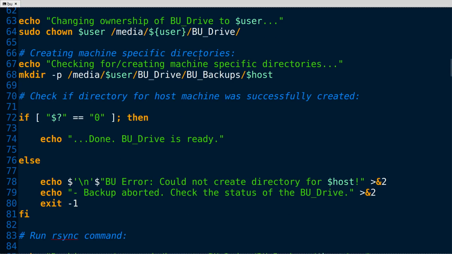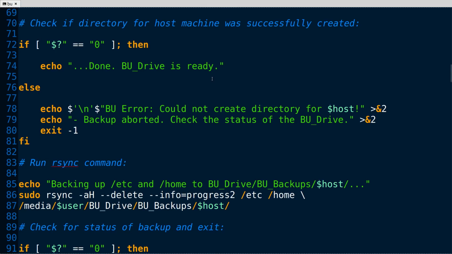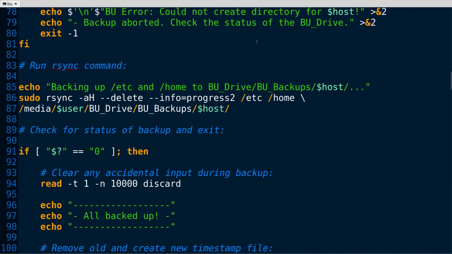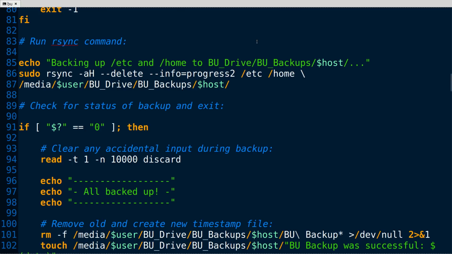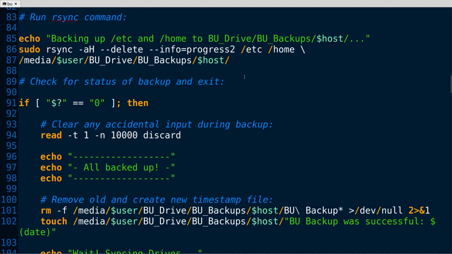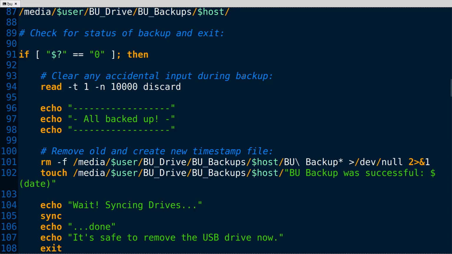Now it's going to check to see that the directories are there, and that's what this particular line does. And then it tells you the drive is ready. If it doesn't find it, then it gets out, and then it essentially runs an rsync command. Rsync is a hugely powerful program in Linux, and rsync has many options, as you can see. And what it will allow you to do is make an exact copy from one partition to the next. So that's what that is. And then it exits gracefully.